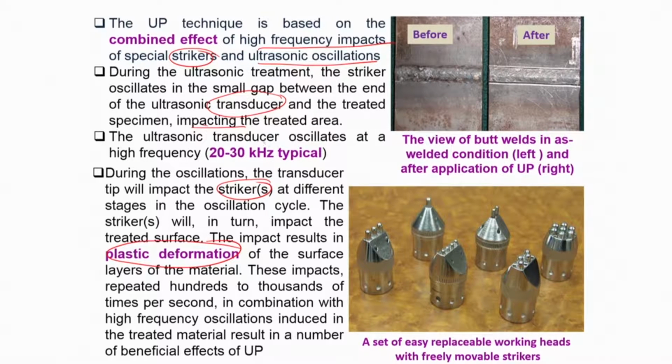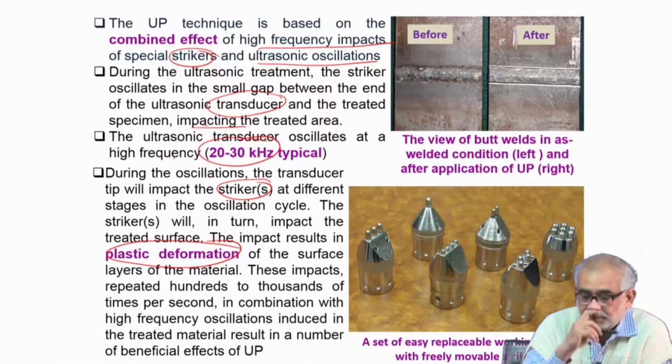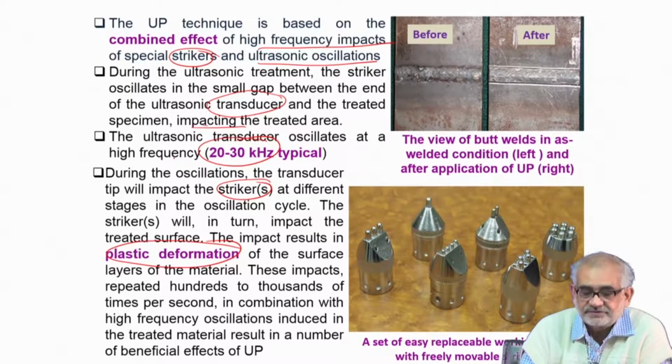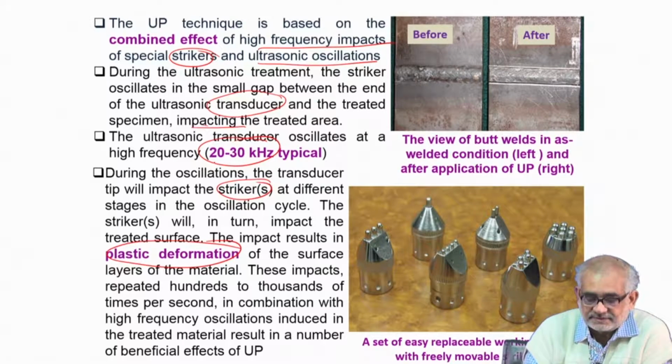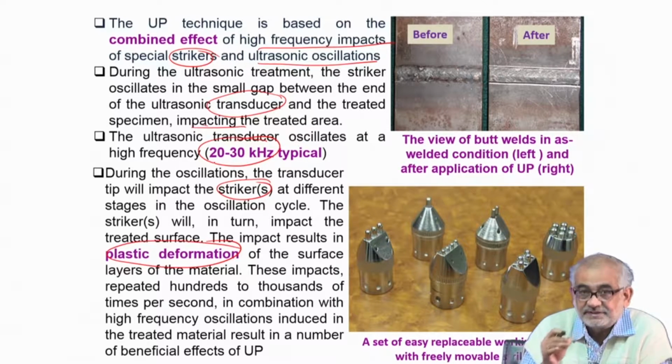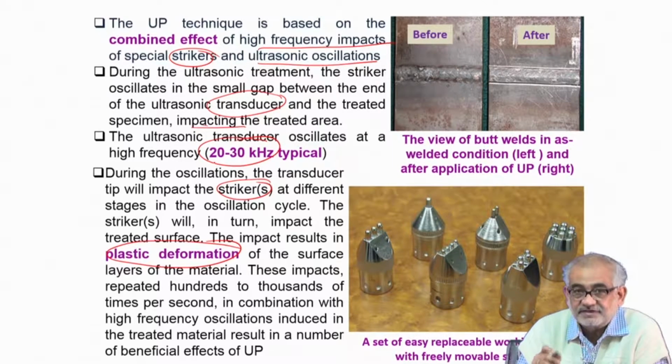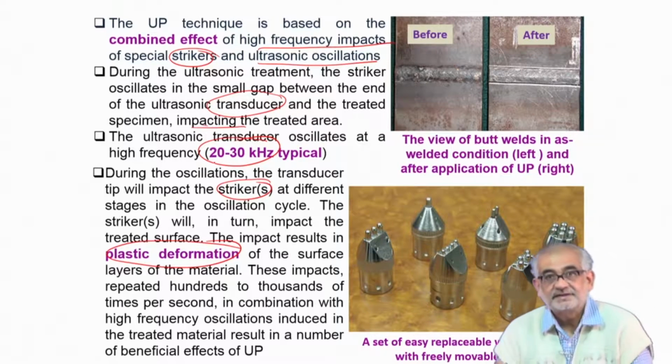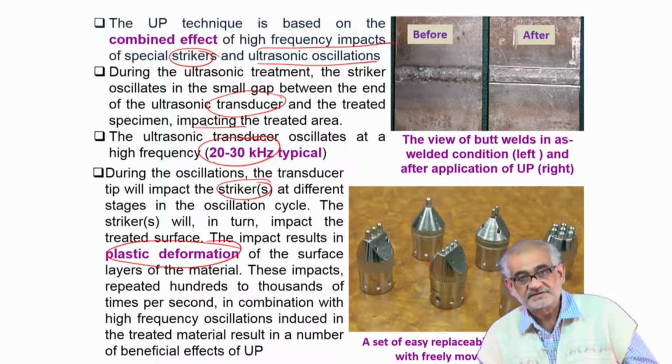The typical frequency at which these ultrasonic transducers or generators operate is a few tens of kilohertz, and at this very high frequency, when they impact, they create a deformation zone which may be confined to a limited area and limited depth, but is very effective in creating a reasonable amount of deformation and plastic strain below